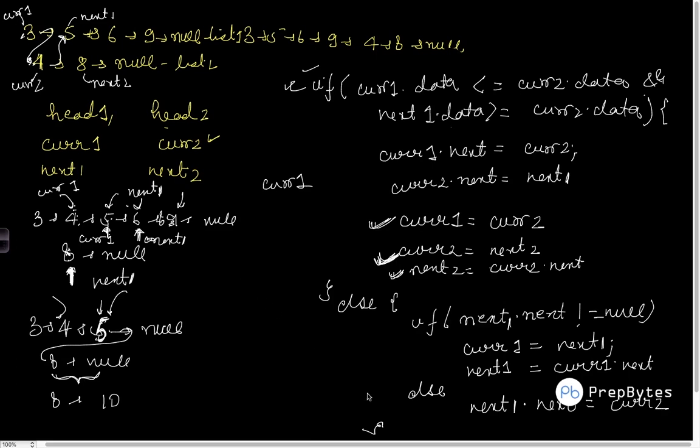So I know one thing, that this particular thing will keep on going only till we have cur2 not equal to null. This is one situation. In case we come to a place where cur2 becomes null, there is no point of going forward. So this complete thing will keep on running in a loop only till we have, so we'll have a loop that while cur2 not equal to null. At any point if cur2 becomes null, there is no point of going further. So this is how the code is.